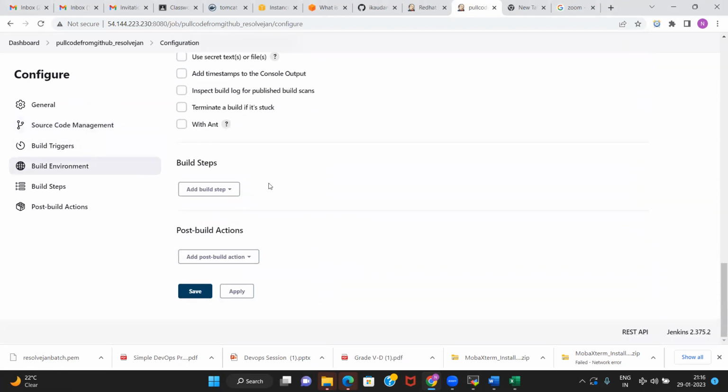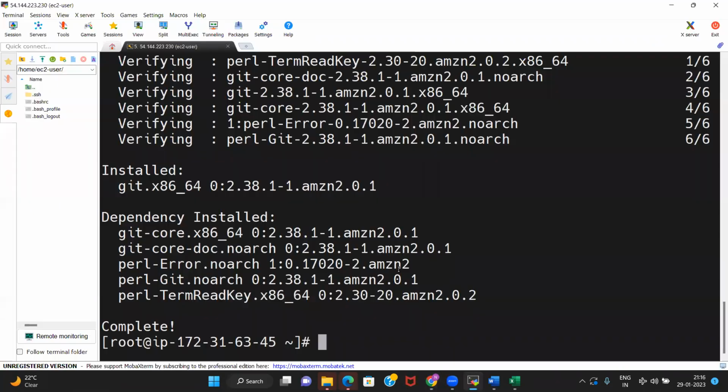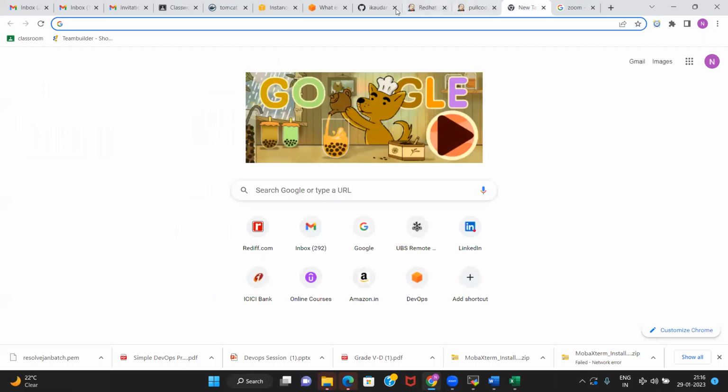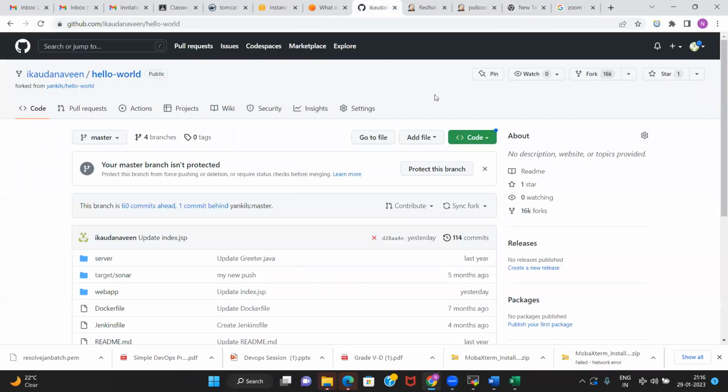And others, we don't need to do that. We just need to see the integration of Git. It means that for building the code, we need the code from the remote repository, right? Right now, the code is here on GitHub. We want the code there so that we will be able to build it.